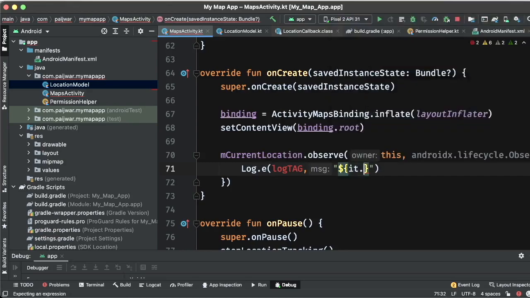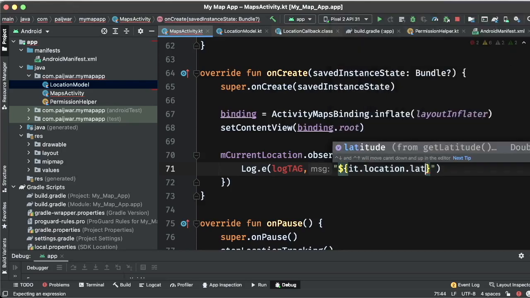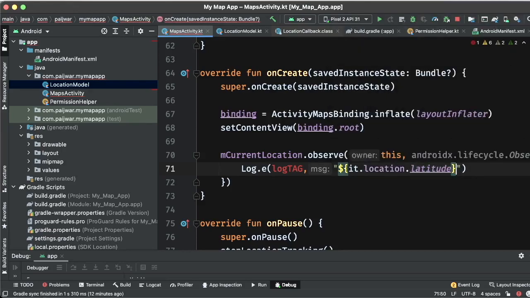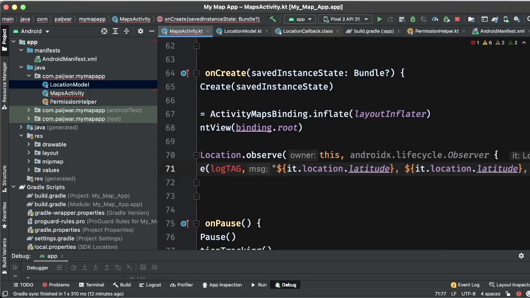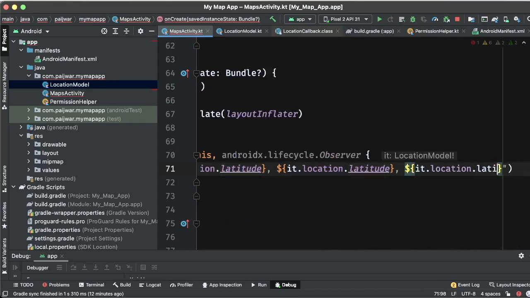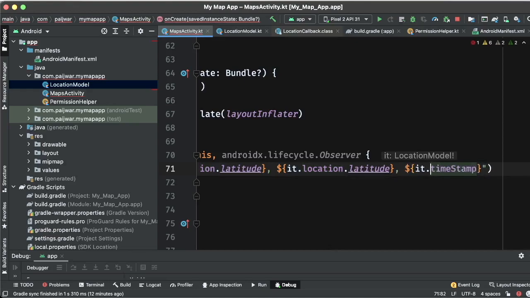So we have location, then latitude. So we will have latitude, longitude, and timestamp. This is timestamp.